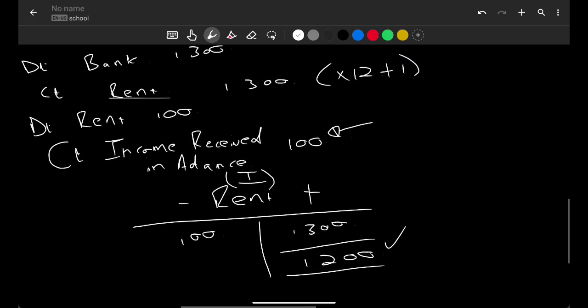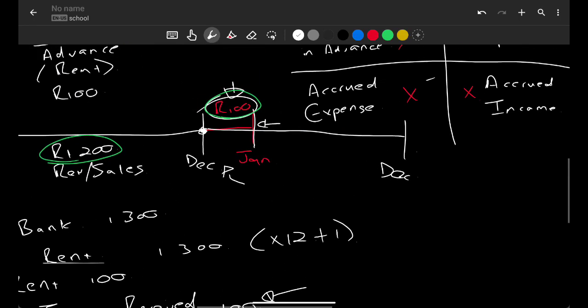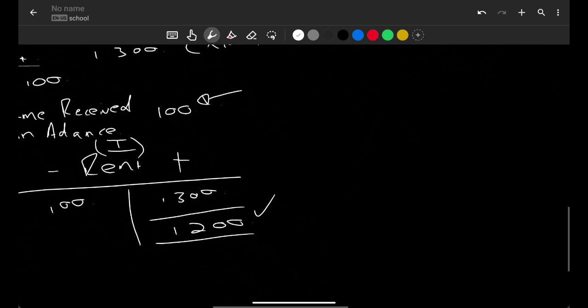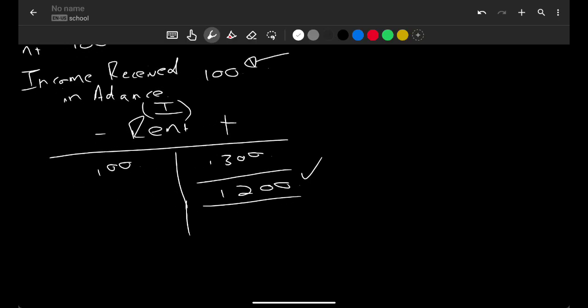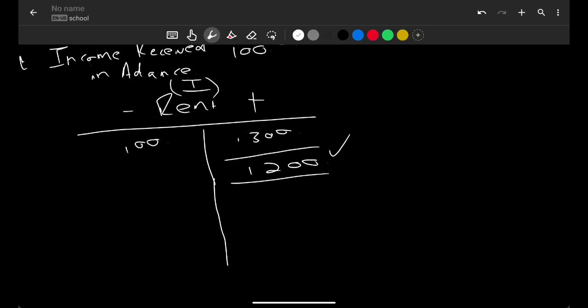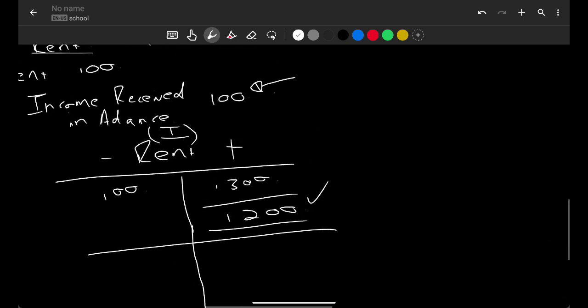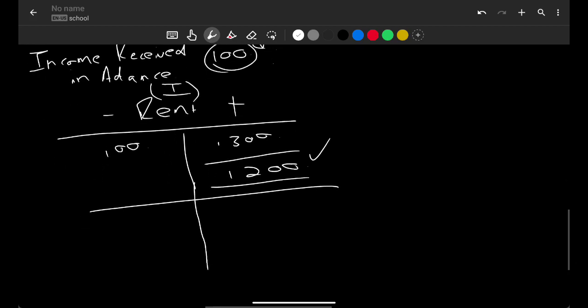Then when the new year comes along and January falls due, meaning that this month is okay, we now say that rent for the new year, remember now the balance on rent is 0. All expense accounts and income accounts are closed off to your profit and loss at the end of the year. So rent now becomes 0. Then in that case, you're going to bring back this 100 rand from income received in advance. So you're going to say 100 rand here, income received in advance, and then you're going to say that 100